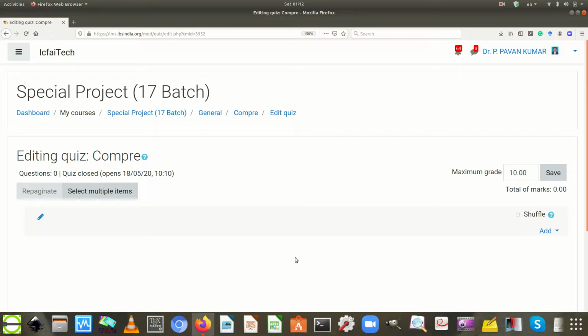Once editing the quiz of the Compre quiz activity has loaded successfully, move the mouse cursor to the right hand side and select the Add drop down option and select from question bank.